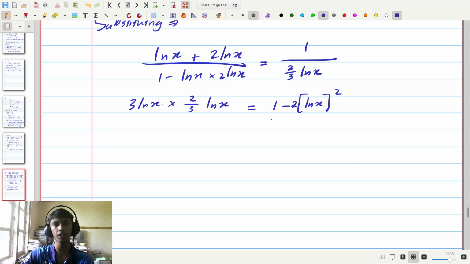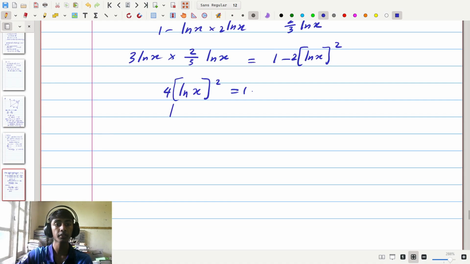So on the left hand side, if we cancel this 3 with this 3, we get 2 natural logarithm of x squared. Over here we have another 2 natural logarithm of x squared, so therefore we get 4 natural logarithm of x squared being equal to 1, and hence we get natural logarithm of x squared being equal to 1 over 4,